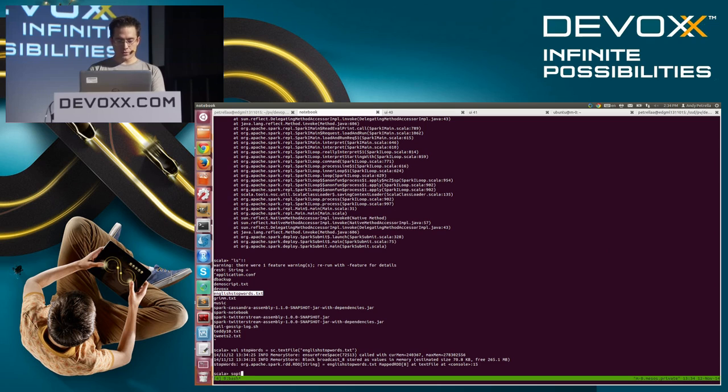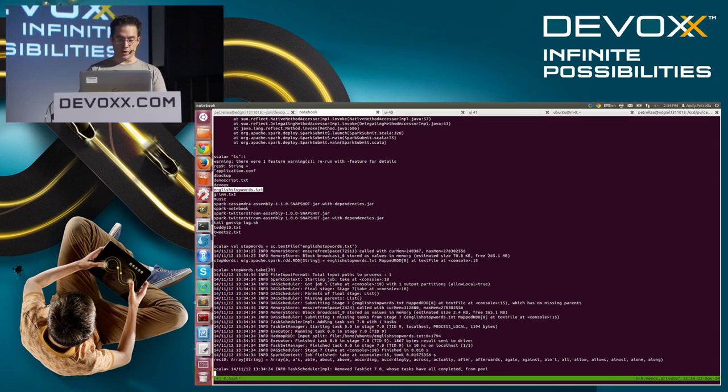Okay, so stop words is a list of the words in English that are very commonly used to join sentences together. So they are the glue between words. And what we can do is then say cleaned is this words RDD that we had before, and then we take out the stop words.